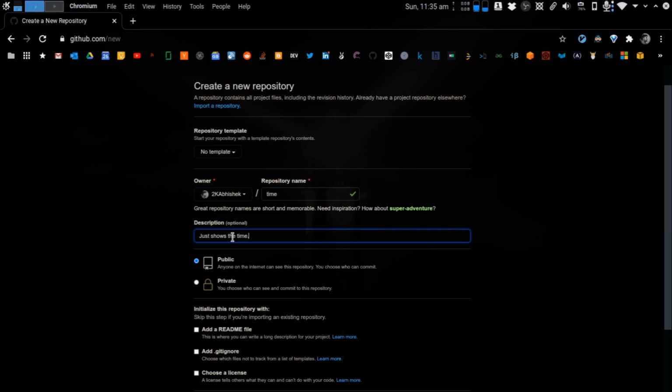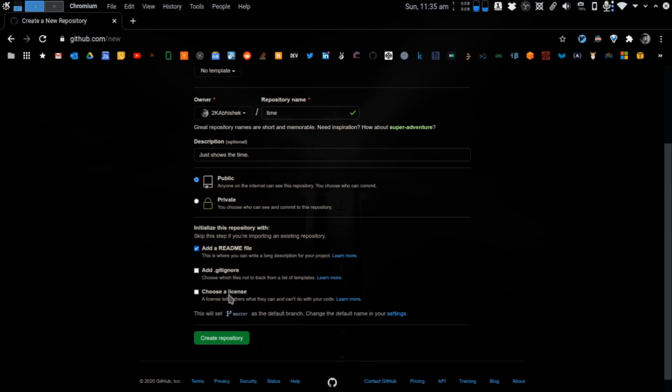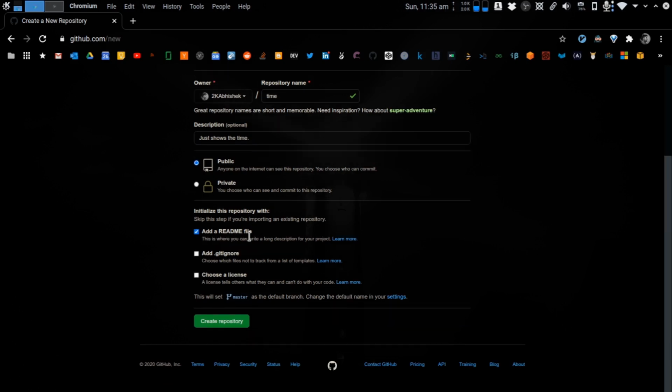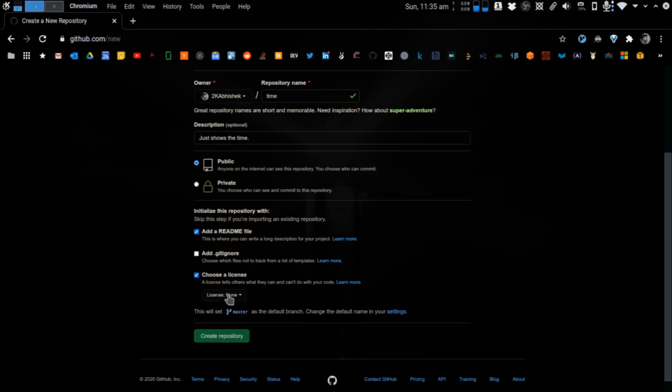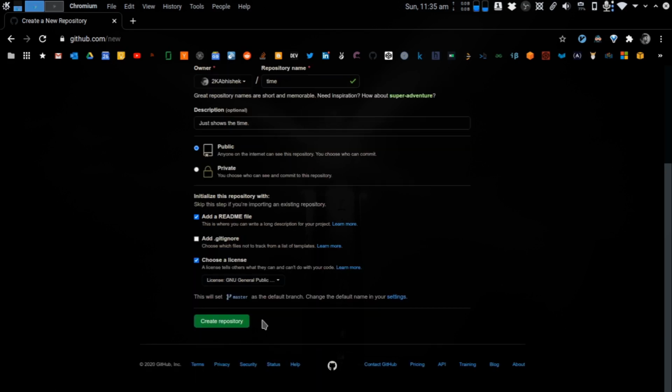We'll leave it as public because we want to host it for everyone. We will check add a readme file, and this is nothing but a description of our project, and we'll also check choose a license, and we'll just set it to GPL v3.